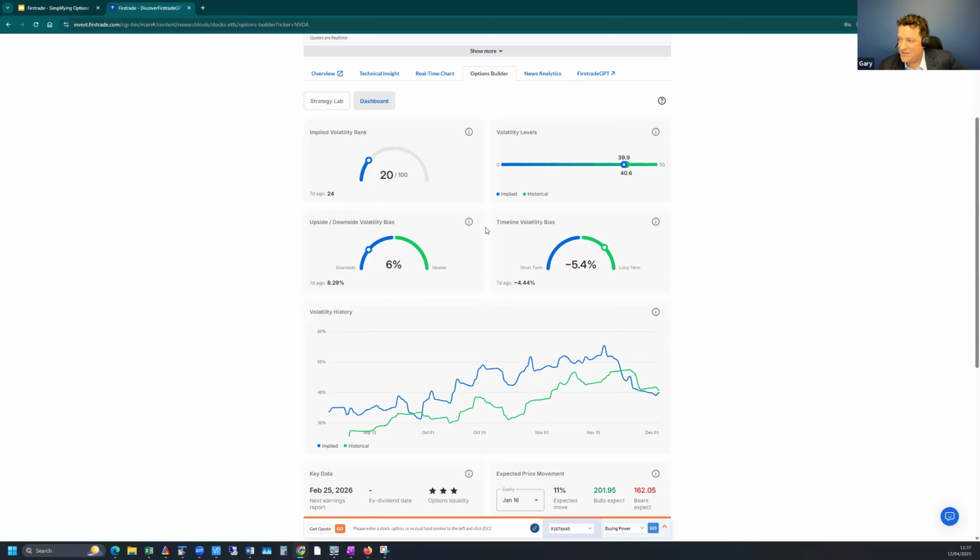What's next? We have the timeline volatility bias. This is what we call a volatility smile that will look like a smile on a chart, right? We can see if options are more expensive in the short term, less than 3 months, or long term, right? So we can see in this case, we're looking at long term as 6 months, short term as 1 month, right? We can see right now long term options are more expensive. This is pretty normal. We call this a normal volatility smile, because there's more uncertainty down the